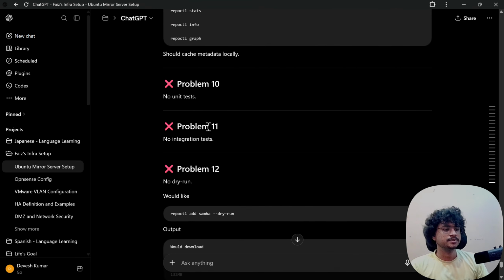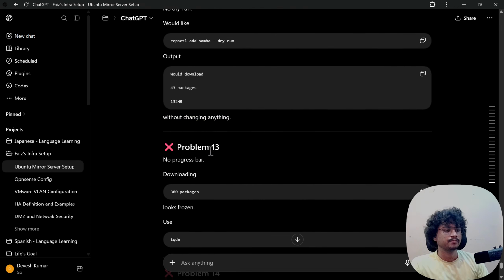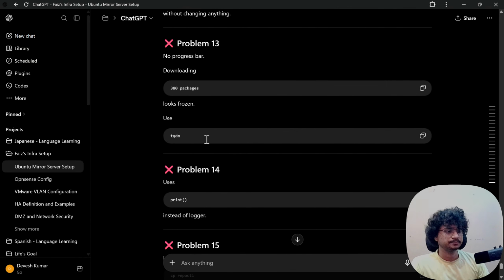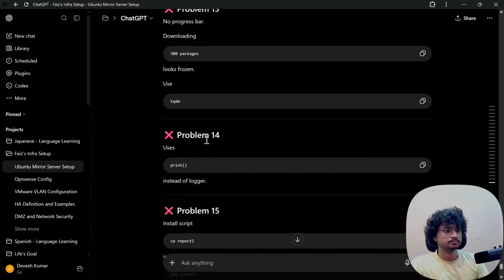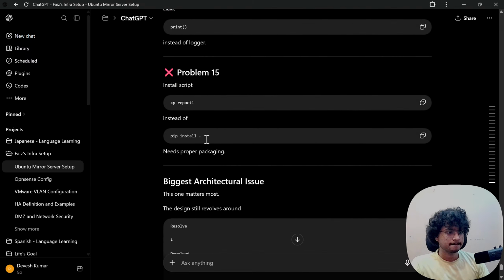No unit tests, integration tests, dry run, dry run output: would download 43 packages without changing anything. No progress bar. Install script.